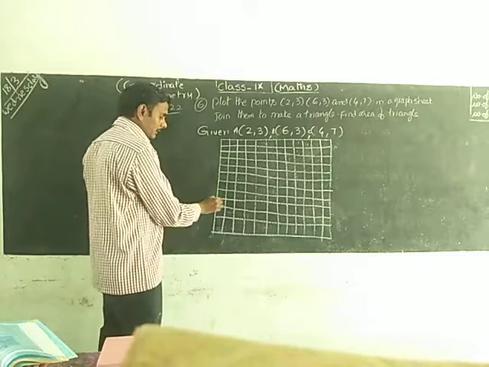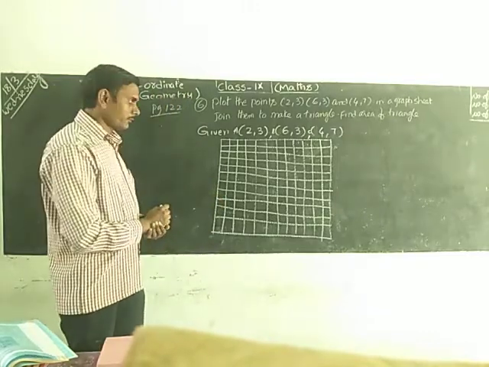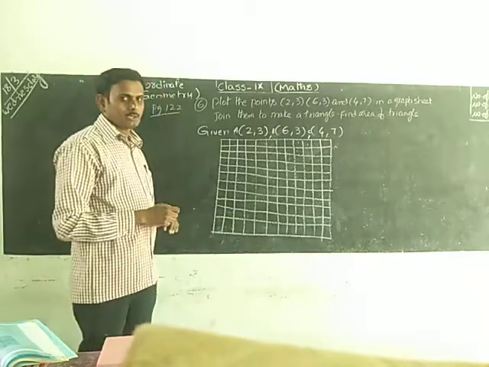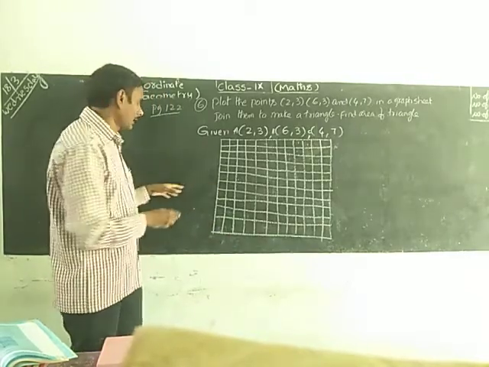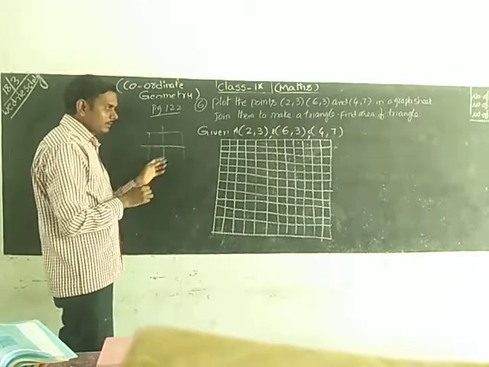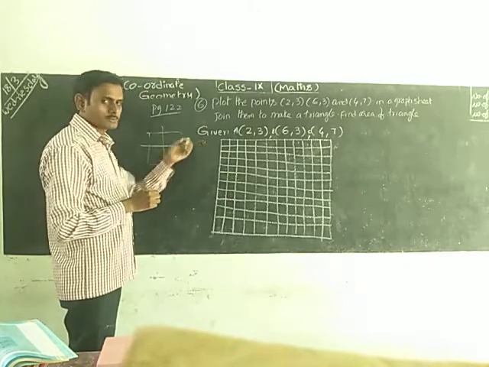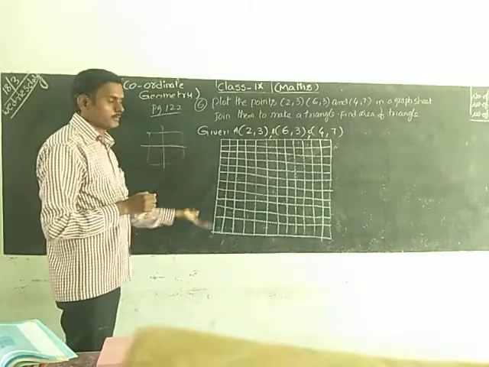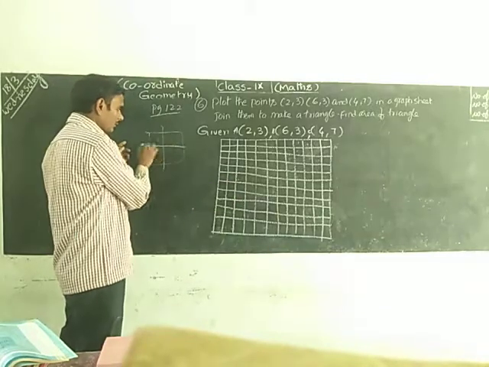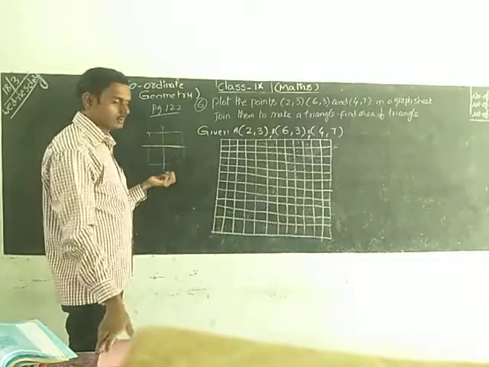Now we can take a graph paper. By taking graph paper, draw the x-axis and y-axis first. For our convenience, I am drawing here. Actually, you have to take a Cartesian coordinate system and draw in the middle, but graph paper is not available for me, so I am drawing like this. Draw a Cartesian plane.